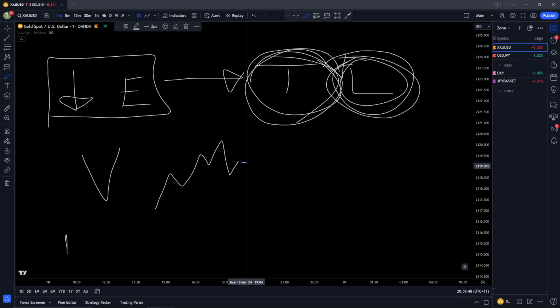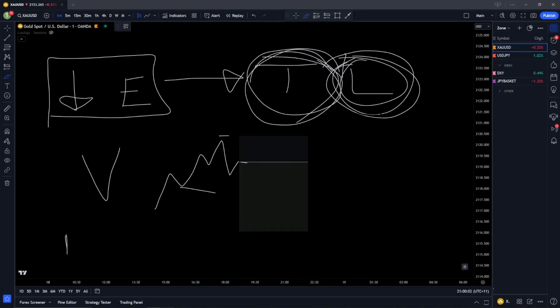I'm visualizing myself clicking that button to enter. I'm putting myself above that high. I'm targeting market structure in as much detail as possible. So I enter, focusing on my breathing in a calm state of mind, and then maybe price is going in my direction. Maybe then it doesn't. I'm visualizing in as much detail. It's getting closer to my stop loss.